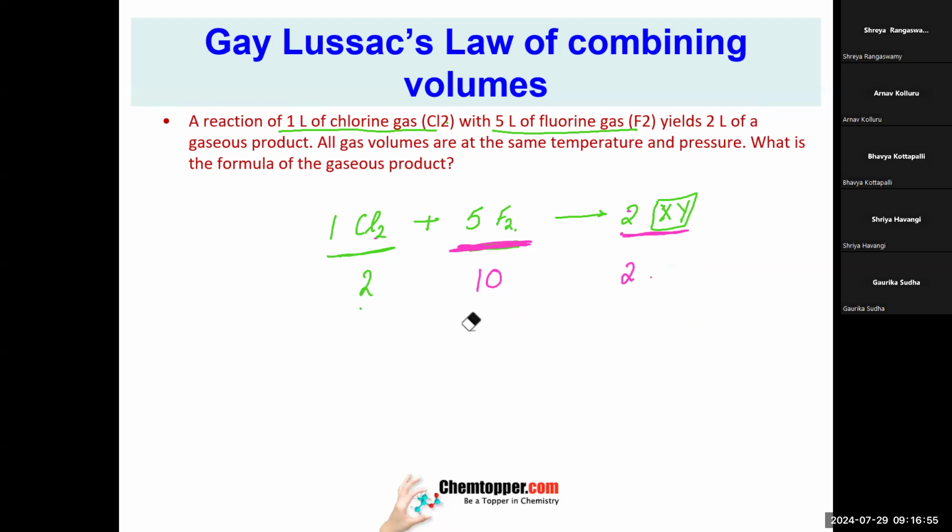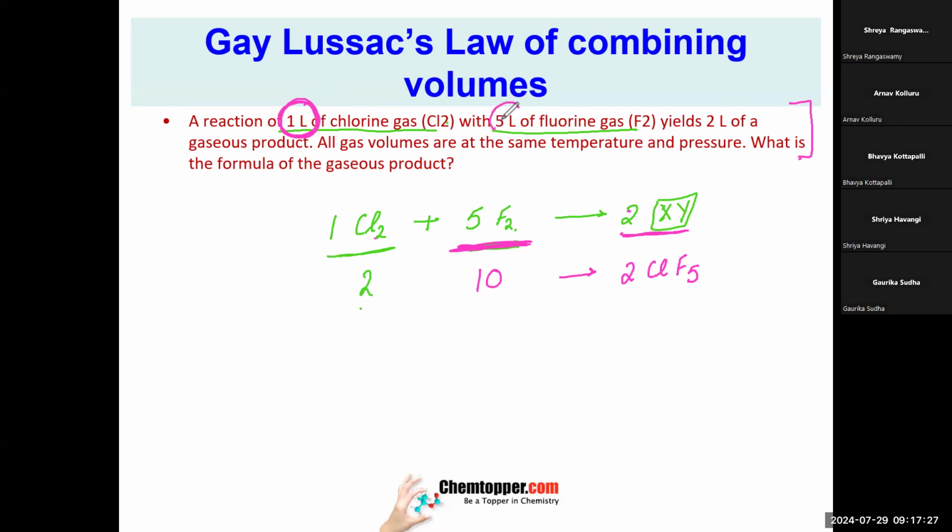Is it taken care? So now fluorine. How many fluorines? Yes, this is the formula. See, by using this Avogadro's concept and Gay-Lussac's law, we derive the formula of the compound. We check the volume of chlorine